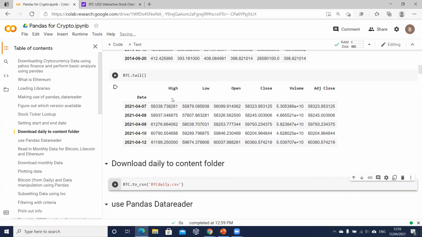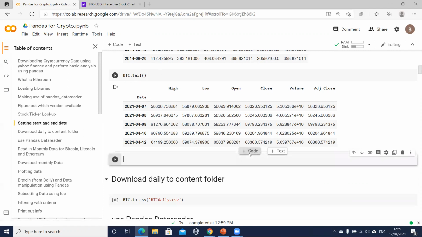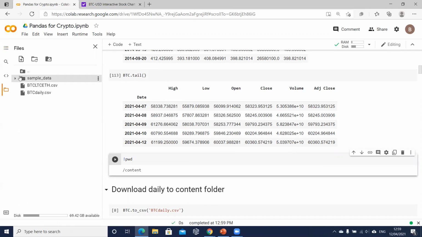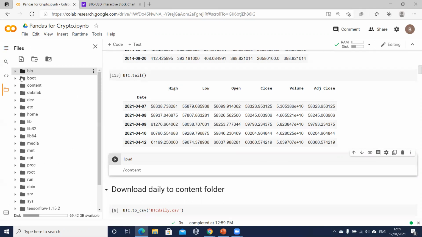I've downloaded this data. It's now available in this Colab. But I might want to put it to a folder in a CSV file, right? And then download it to my computer. So to see where our data goes to here, if I use exclamation mark PWD and then run, you can see it defaults to the content folder. And if I come here and look for the content folder,